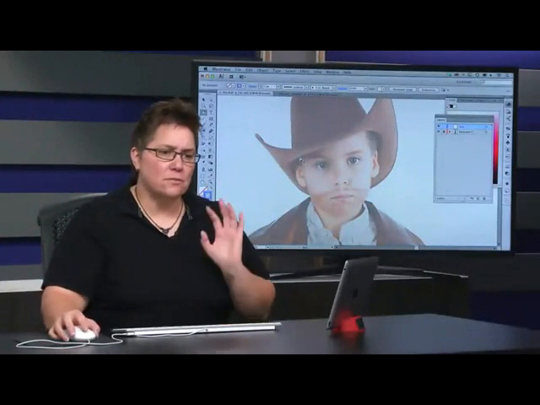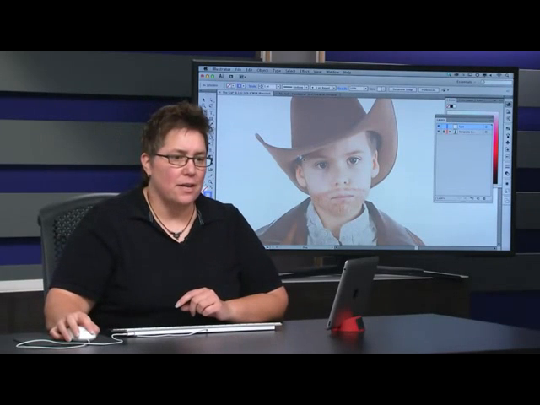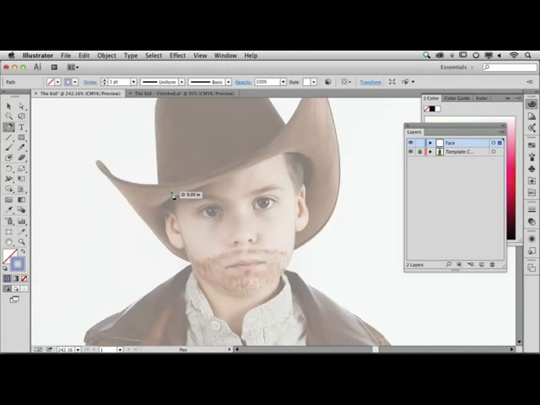So I try to map it out ahead of time, but a lot of times I'll figure out this isn't working how I wanted it to work. So I'm just going to start clicking and dragging, and I'm not going to worry sometimes if I know that I'm going to put the hat on top. I might not worry that the top of the head looks right. But